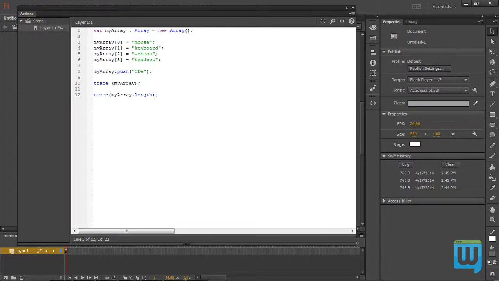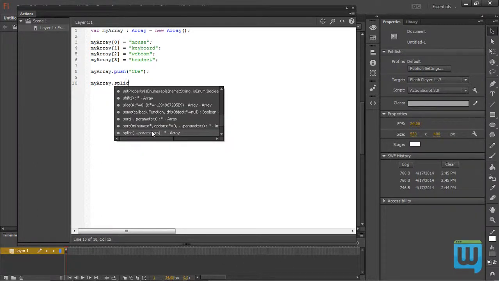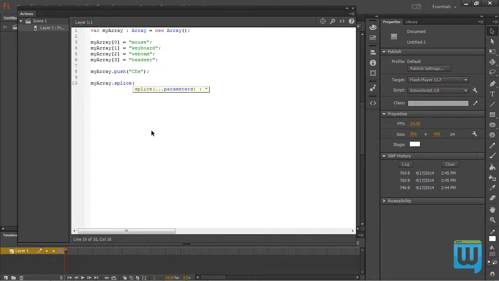What if I wanted to change an element of my array, or several elements for that matter? I can do that by writing the name of my array, which is myArray dot splice, and then there's a number of things I want to type here. First, the position at which I will start replacing. So if I wanted to replace keyboard, it has an index of 1, so I write 1, then comma, then